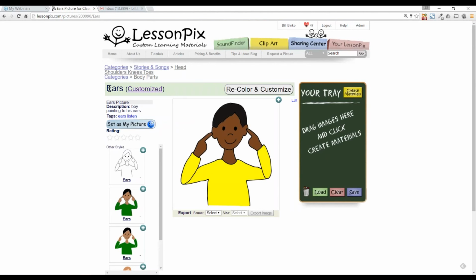So now this has created ears, which has been customized. It is still in the same categories. If you search for it, it will show up, but it will be marked as mine, just like a picture that you upload yourself. So if I search for the word ears,